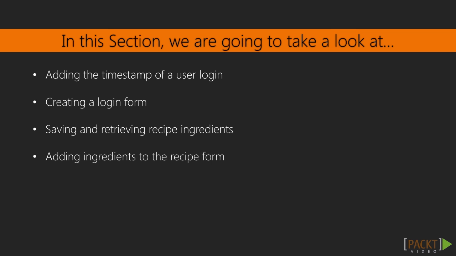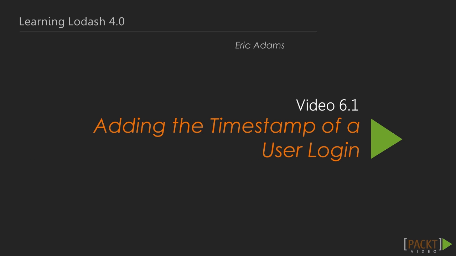After handling login, we'll turn our attention to recipe details, adding the date created and precise amounts for each ingredient required. We'll make updates to our API and recipe form to allow the user to add ingredients when creating a recipe. Now we move on to the first video of this section that deals with adding a user